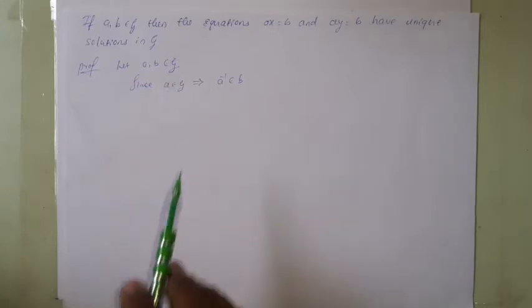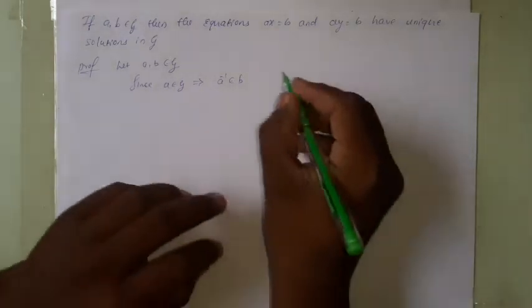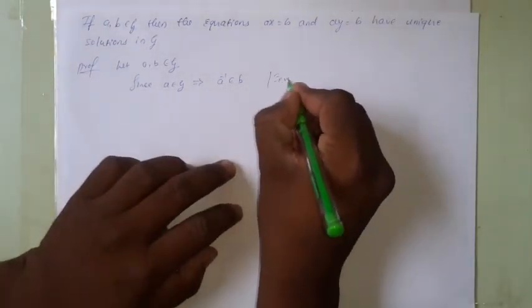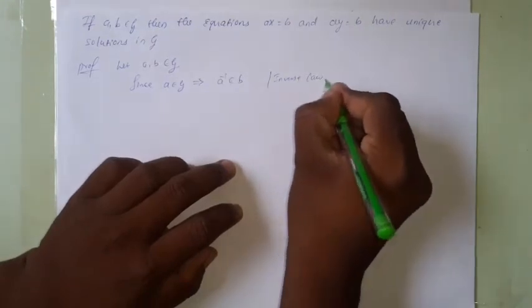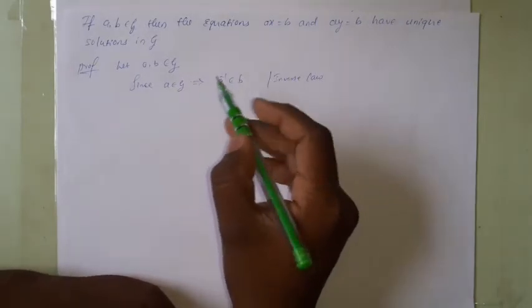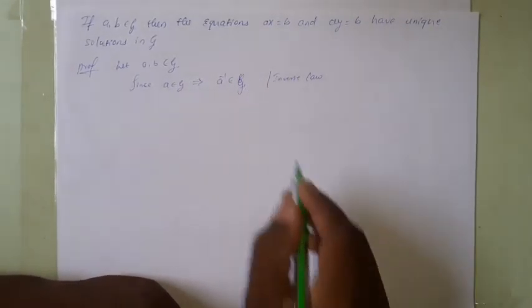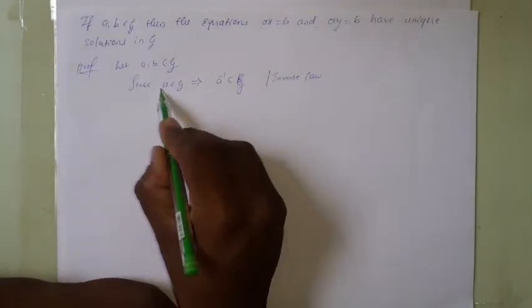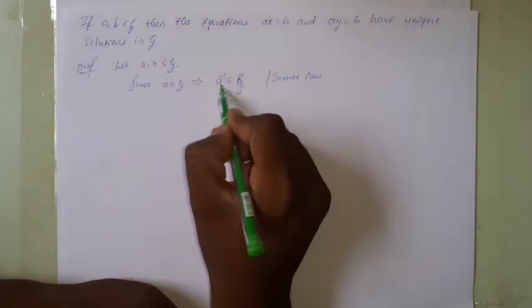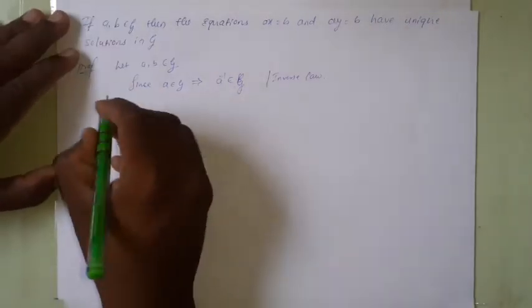then it has to satisfy the four properties. They are closure law, associative law, identity law and inverse law. So by using inverse law, we can write that if A belongs to G, then A inverse must be in G, right? So therefore A is the element of G, then A inverse is also the element of the group G. Now